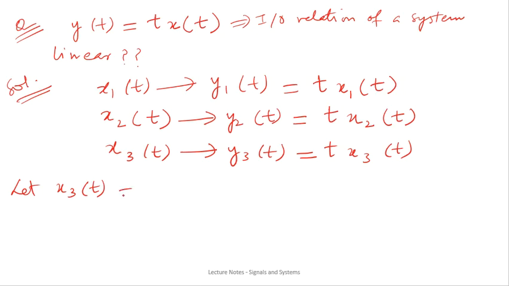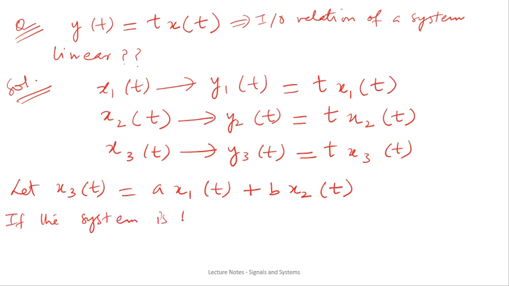So that means x3(t) you can just assume as the linear combination, that is a x1(t) plus b x2(t). This is the assumption, where a and b are some arbitrary scalar values. Following the property of linearity, if this system is linear, then it must follow the principle of superposition, and the principle of superposition means that for this third input